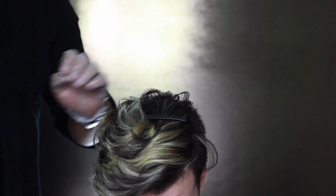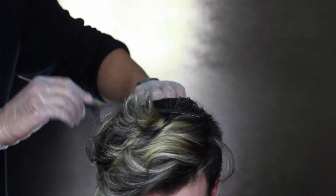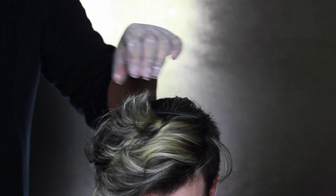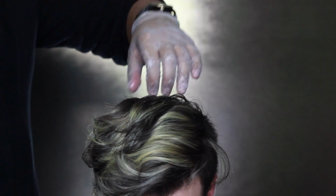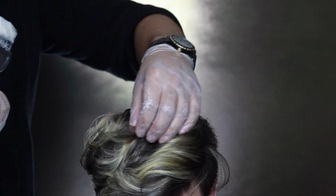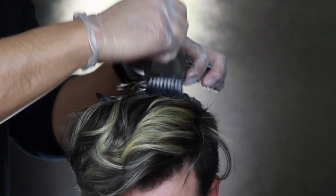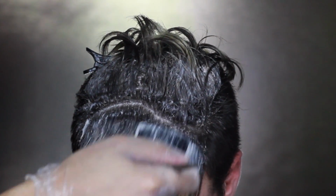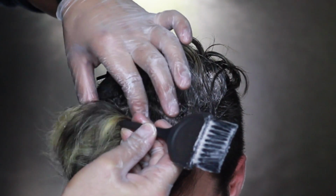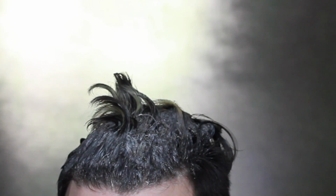Again, the darker shade we're gonna put in the back. Now when we work our way to the front, what I'm gonna do is only apply the dark shade just 2/3 on the hair, not at the tips, just 2/3 of the hair, because we want to apply the lighter shade to the tips. When you apply the hair dye, you want to do the front and the back. So we're finished with the dark shade,